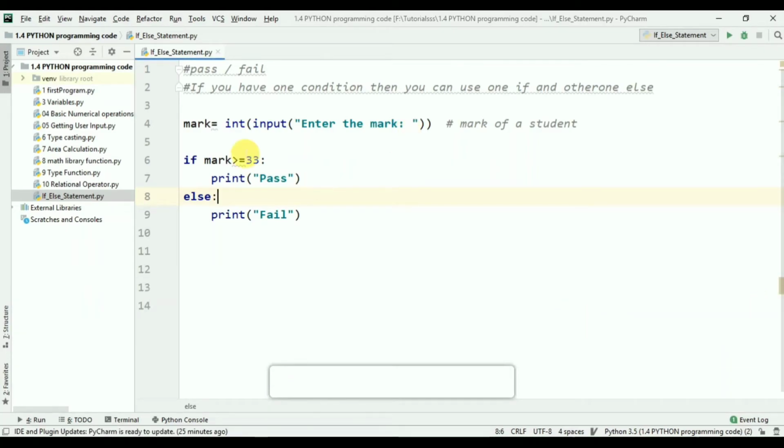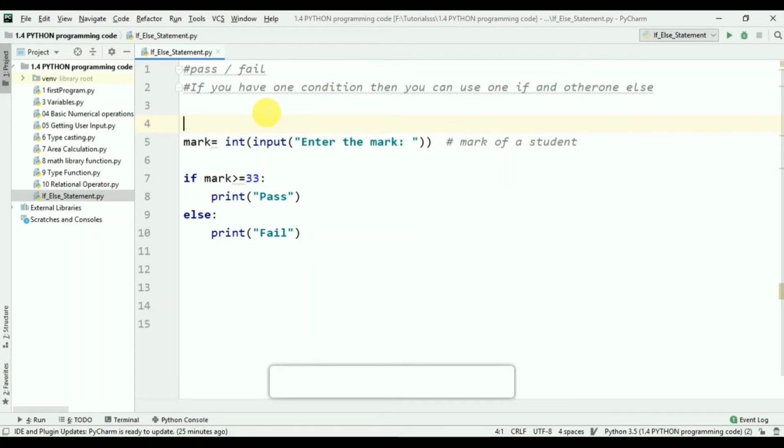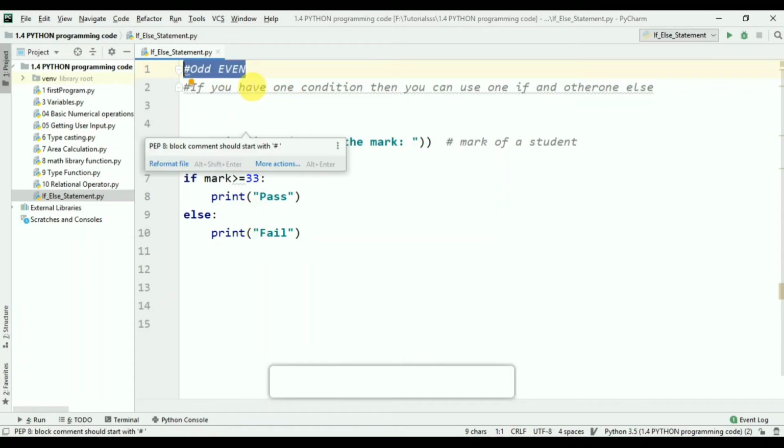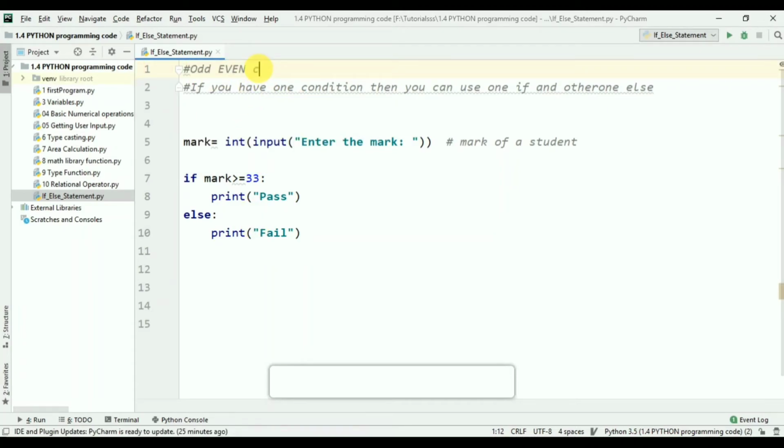Now I am going to show you another program, which is how you can check whether a number is odd or even. If you enter a number, it will check if this number is odd or not. In this program we are going to show how you can check this. First of all, we need to get the value from the user. I store it in the num variable, so change it to num.